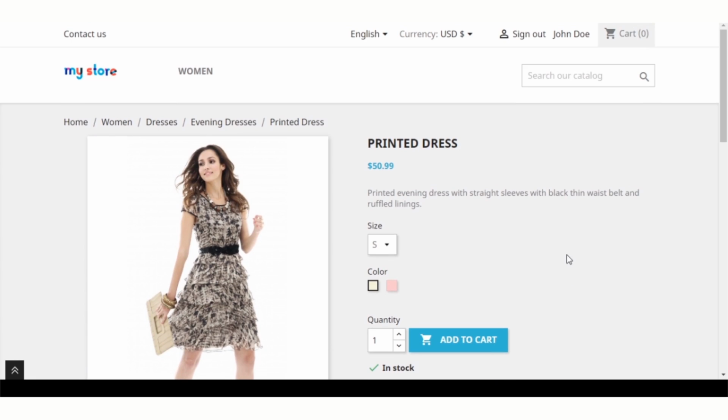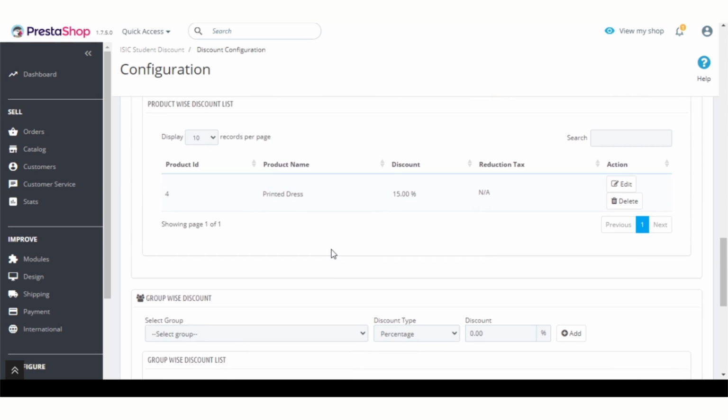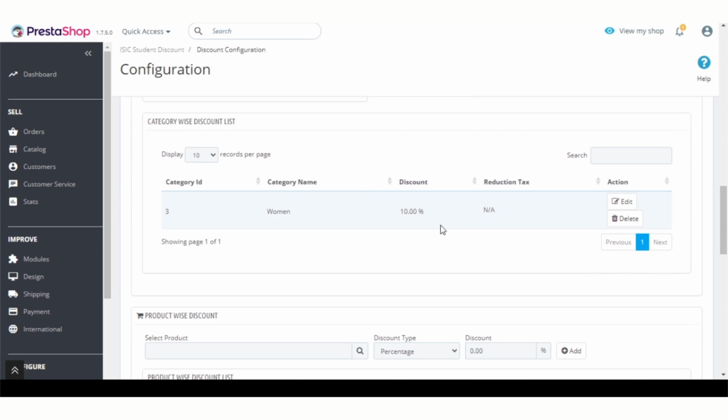As we can see that this product belongs to the women's category, but from the back office, admin has applied 15% ISIC discount on this product and 10% ISIC discount on the women's category.